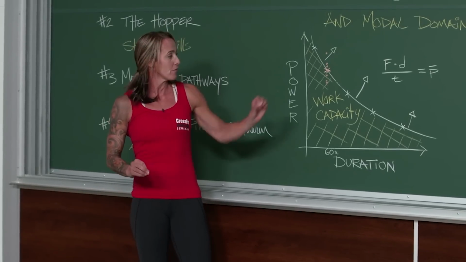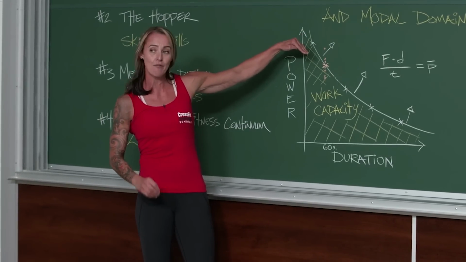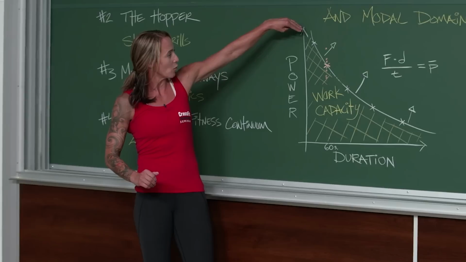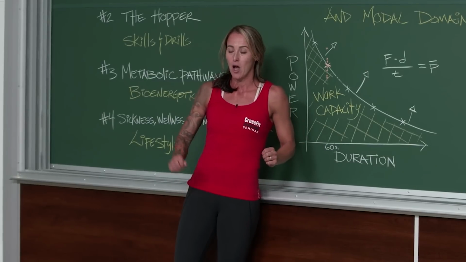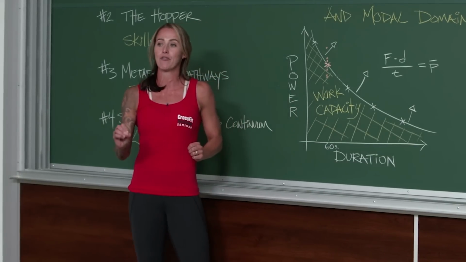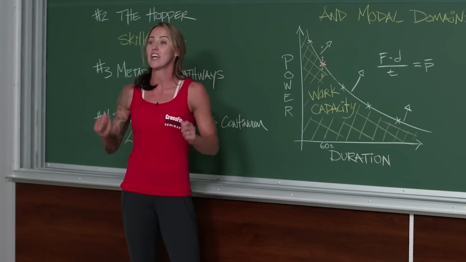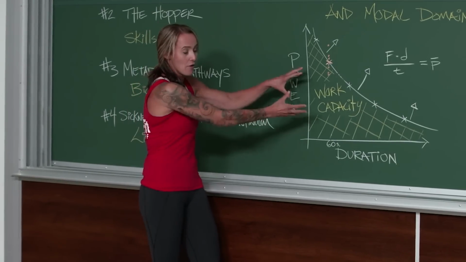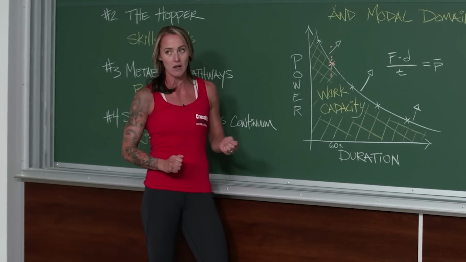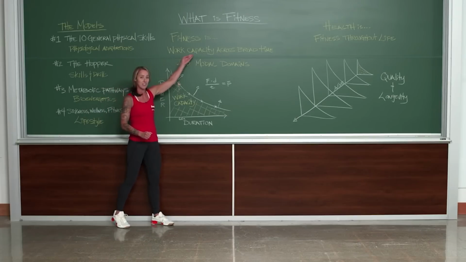Then what we do is after we found the average of every data point, we design or we draw a line of best fit, as you can see on the board. And what we have done there is graphed our fitness right now. It's a graphical representation of fitness. And this area under the curve, as it says right here, is your work capacity.